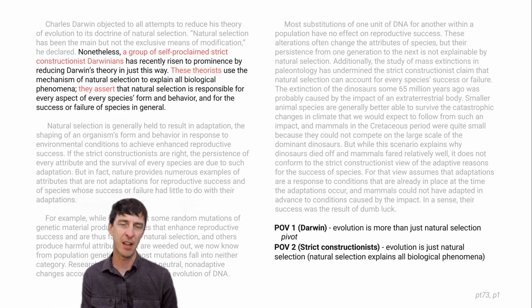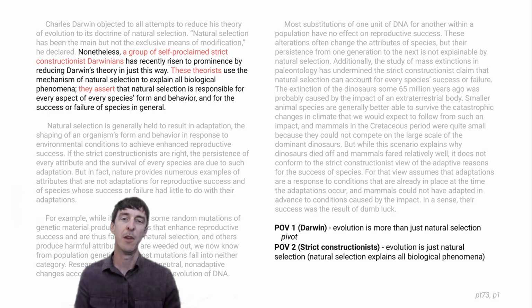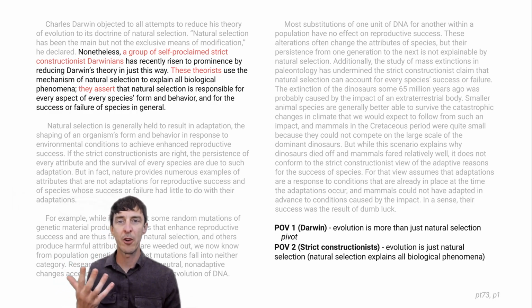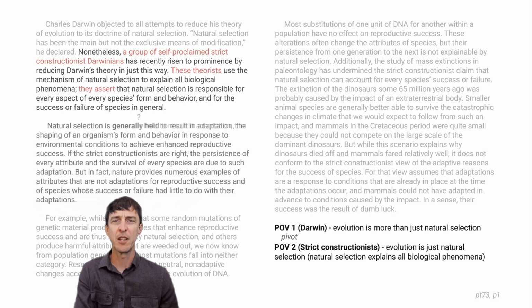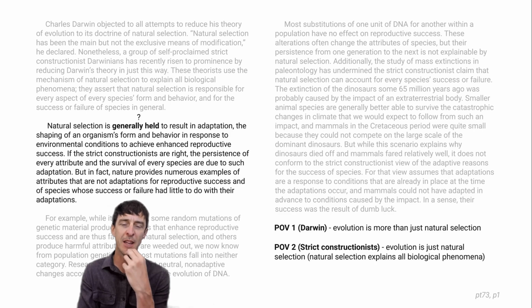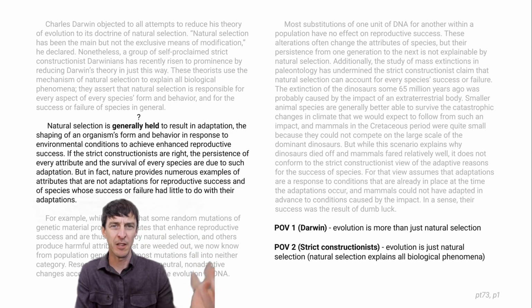It explains everything. So at this stage, it feels very much like a present debate passage because we have two non-author points of view squabbling it out. At that point, you start reading for like, okay, well, will the next paragraph belong to Darwin or the strict constructionists? Probably won't hear from the author till the very end. The next paragraph starts confusingly with, it's generally held that natural selection results in adaptation. So that sounds like a common view, something that like everybody believes.